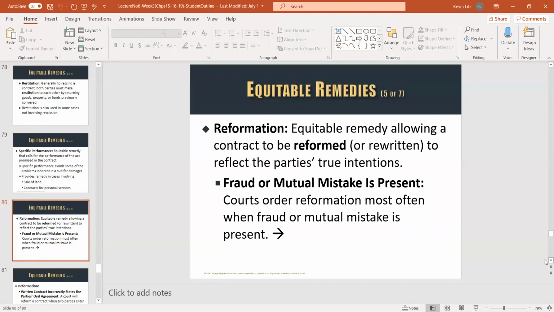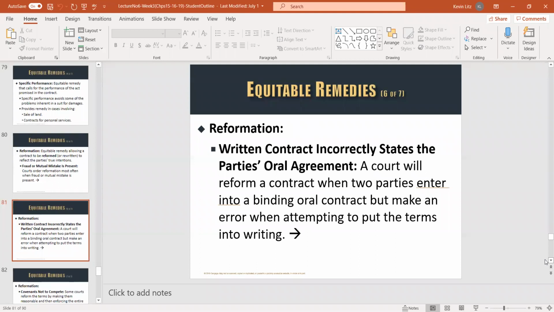Reformation: the judge sometimes has latitude to change or modify the contract. It's unfair, it's inequitable. Instead of just setting it aside, he might be able to say, you know what, I'm going to take a pencil and change this, or I'm going to get on the computer and edit this. And so this is what the contract fairly should say. So there could be a reformation of your contract.